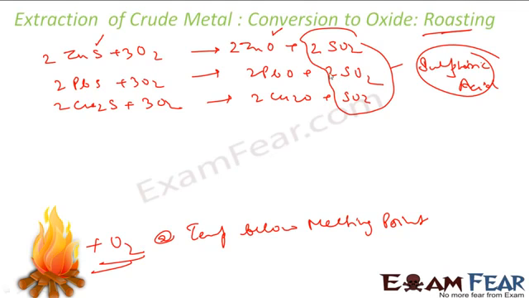Okay. Now, one point to note: if, for example, a copper ore has only copper sulfide, you use this method. But let's suppose it has iron also as an impurity. So if it has iron also as an impurity, what we do is we mix silica also. So what will happen is, for example, this iron ore is my impurity in this case. So I'm talking about this case now.